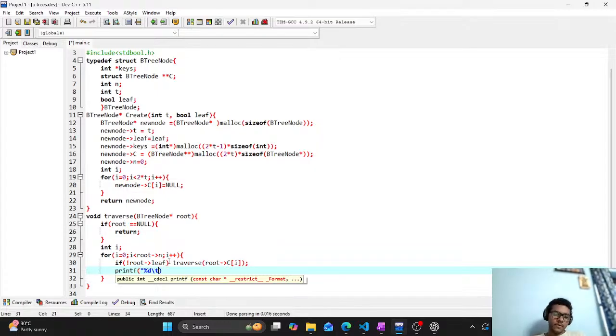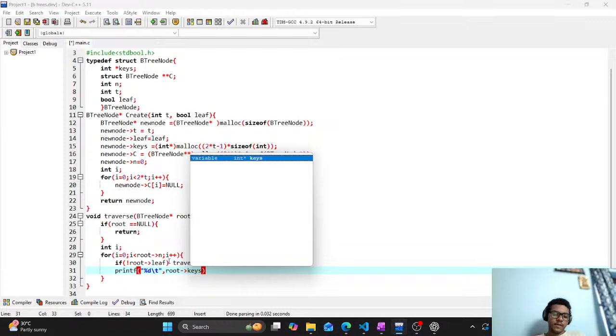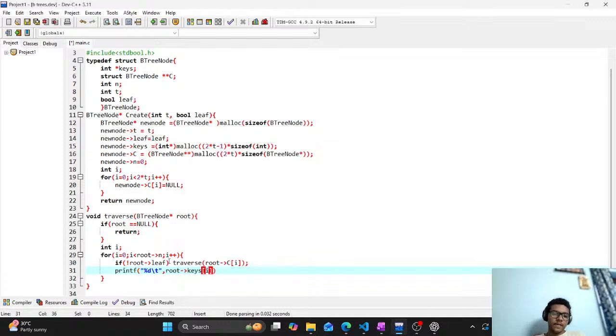Percent d backslash t, root of keys of i. You will print out the key, and then